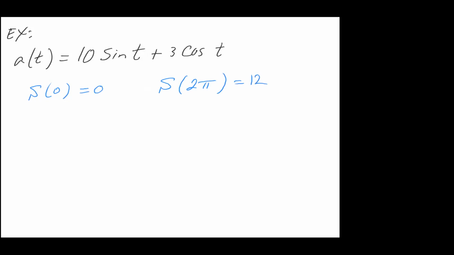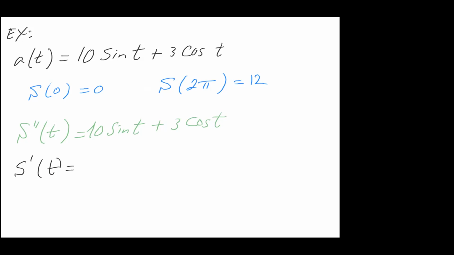So I'm going to go ahead and first rewrite my original problem. I know that acceleration is my s double prime as a function of time equals 10 sine of t plus 3 cosine of t. Taking the antiderivative of both sides, I get s prime of t equals,